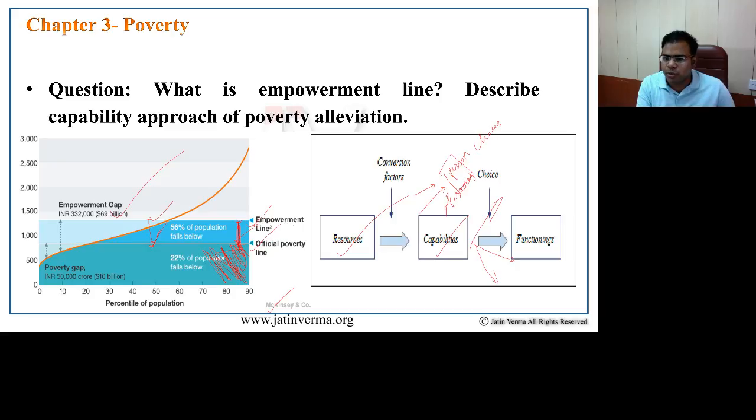The resources could be utilized only when the choices exist. A person should be given the choice to take education or a skilling activity of his or her own choice. That will lead to generating productive income and the functioning of society, and henceforth would lead to poverty alleviation. So I have given a brief snapshot of what the capability approach to poverty alleviation means. This basic diagram can be utilized when it comes to the capability approach.